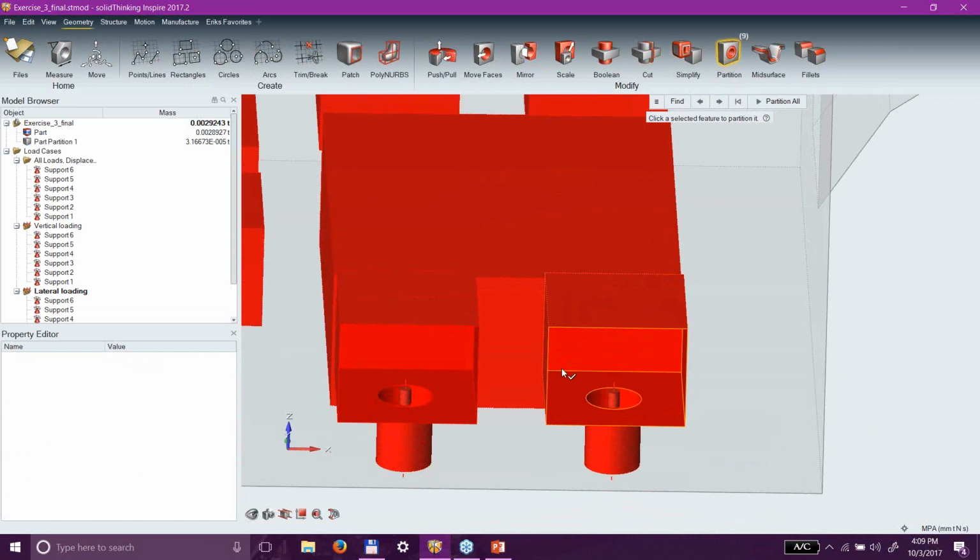I don't need to protect this pocket. That pocket is there so I can have access to my bolt head. And since there's no geometry there, no matter what with the optimization, when that's done, I'm not going to have geometry there, because Inspire topological optimization is subtractive. It is never additive. Just like I can't have a statue that's larger than the block of marble I started with, I can't have a part that's bigger than my design space. So that pocket needs to be there to guarantee I don't have material there, but it doesn't have to be